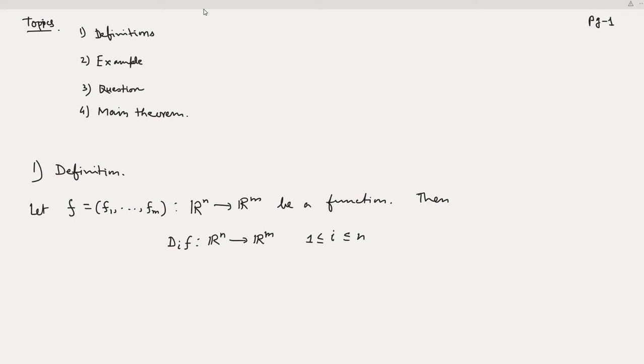Okay, and this is first order partial derivative. Then for every i, integer, lies between 1 and n, this is the first order partial derivative